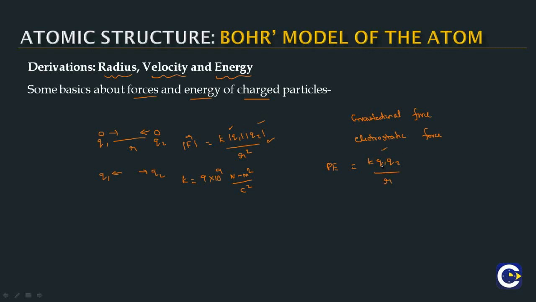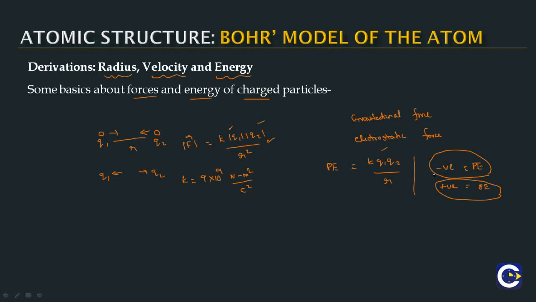Now observe one thing here, that we are not using the modulus, which means if q1 and q2 are of different nature, then the potential energy will be negative, since one will be positive, other will be negative. If q1 and q2 are of the same nature, whether both are positive or both are negative, then the potential energy will be positive. And there is significance for this. A negative potential energy will indicate a binding system, since two opposite charges will always be trying to bind to each other. And a positive potential energy will indicate a repelling system, since like charges, if both are positive or both are negative, will be trying to repel each other.